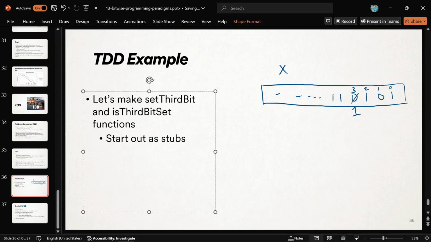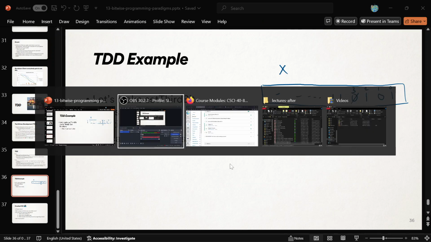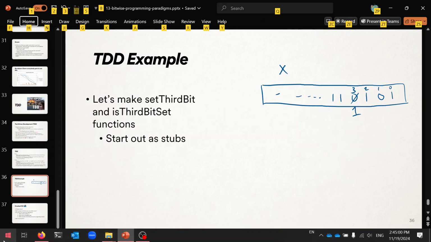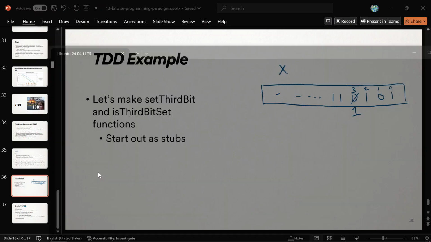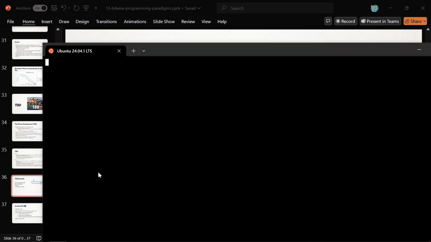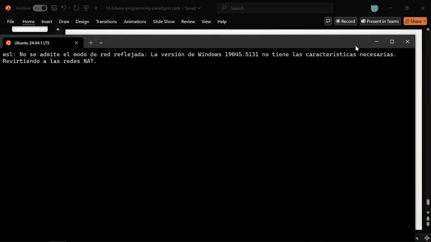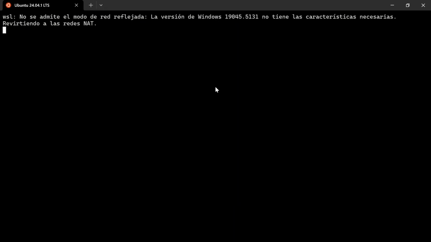But the start of it will just be we're going to write tests. And we're going to need some implementation. We're going to have a dummy implementation that's called a stub, remember. Just a function implementation that appeases the compiler, but is completely incorrect. It will compile, it has a body, but it does not do exactly what it should. We'll fix it by getting the test to pass. Right? So here, let me connect to my